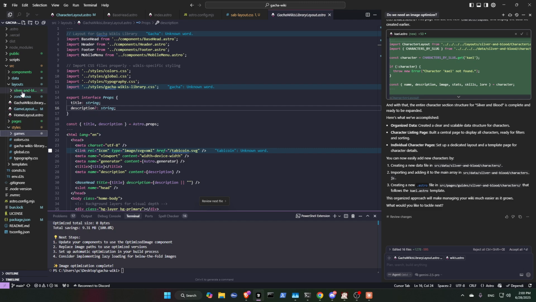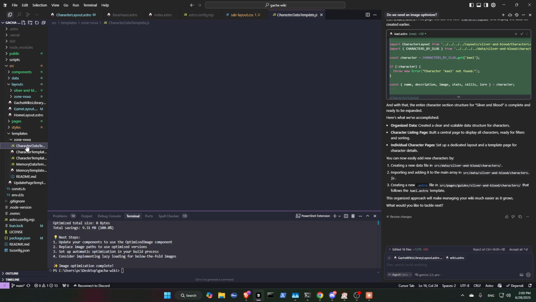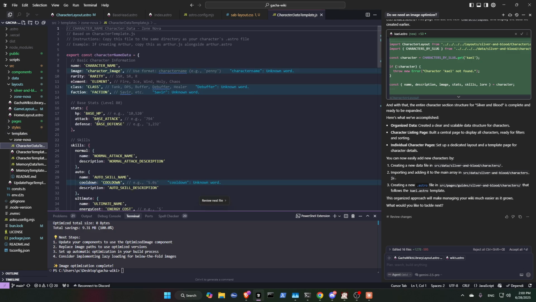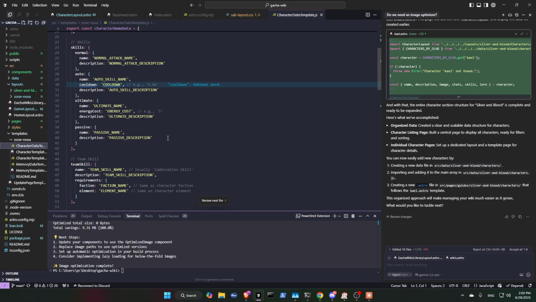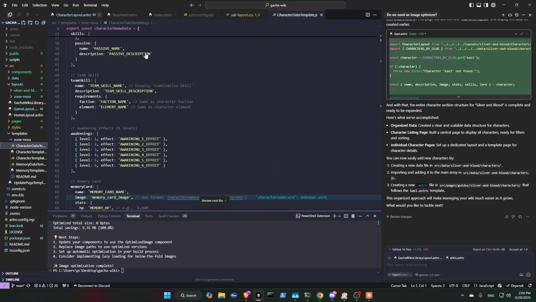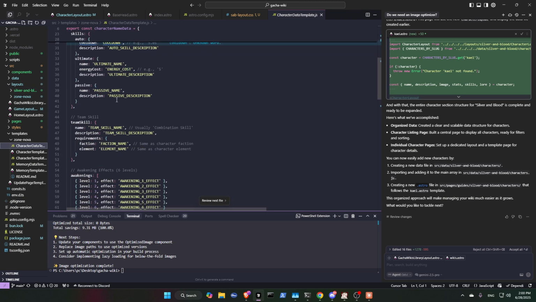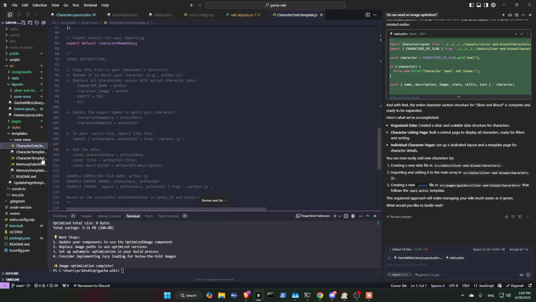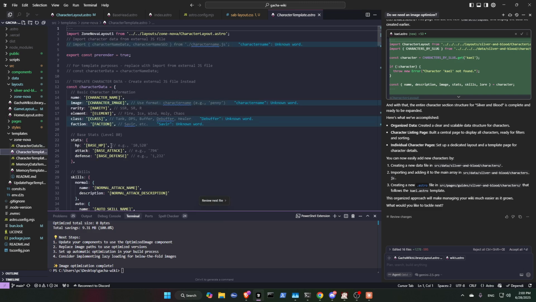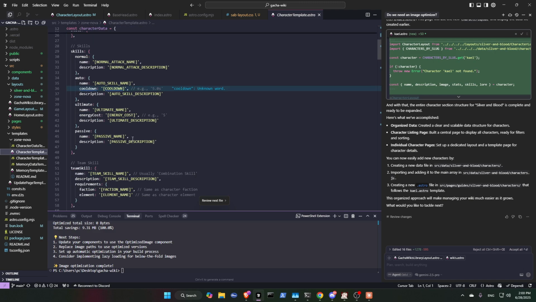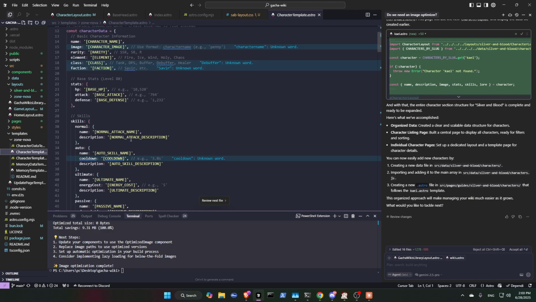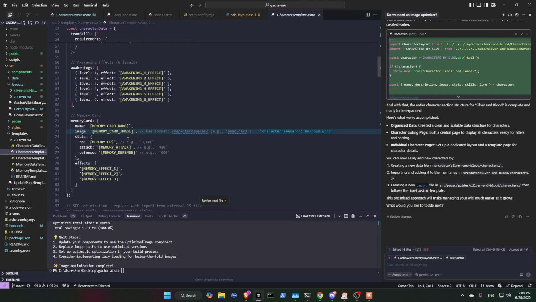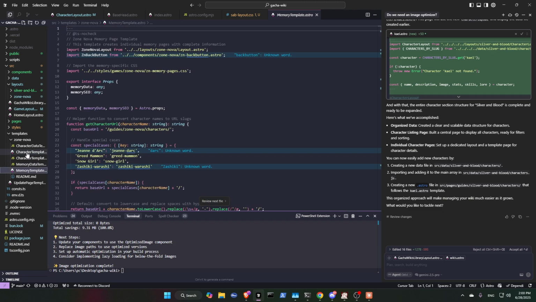For example, I have multiple input characters in my page. I used JavaScript to do that. I put all the information here and import it. So I do not need to change the Astro file. That will be much easier for me to debug or change everything. So your Astro file will not be